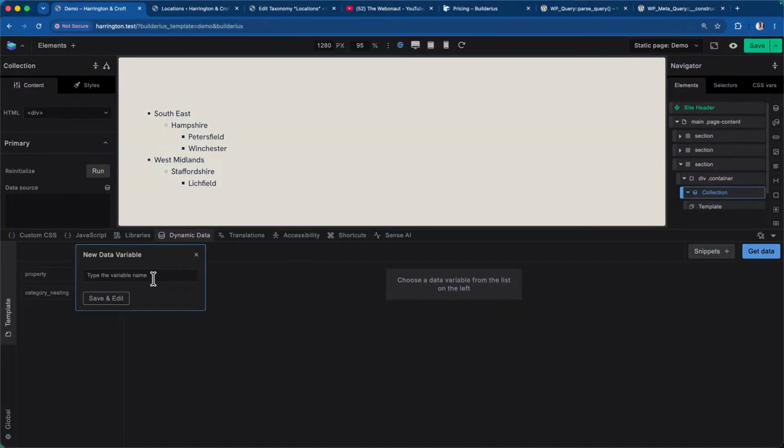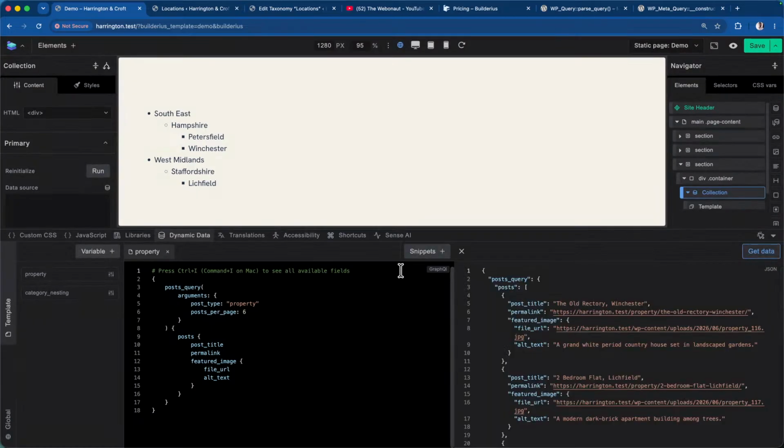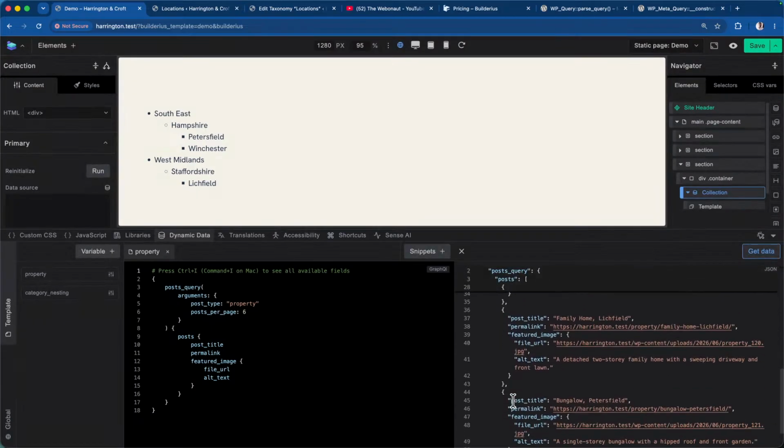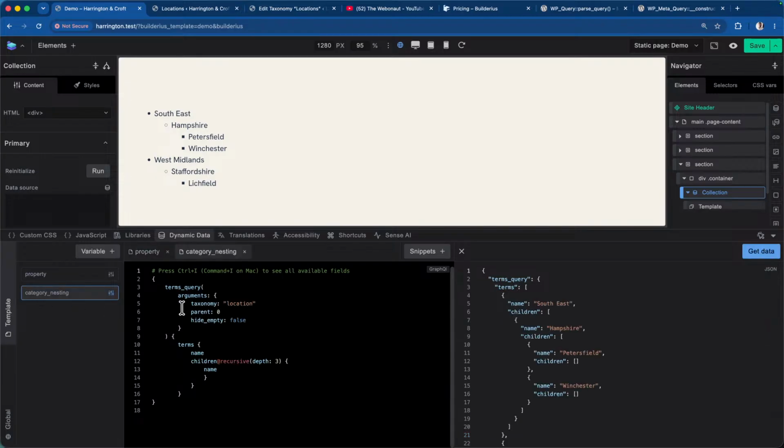Now we can just use the old one. Let's just use this property listing. So we'll just continue from this property listing now. First, we're only returning the list of properties. Now within this list of properties, we want to add the terms query into it. So I'll go to the